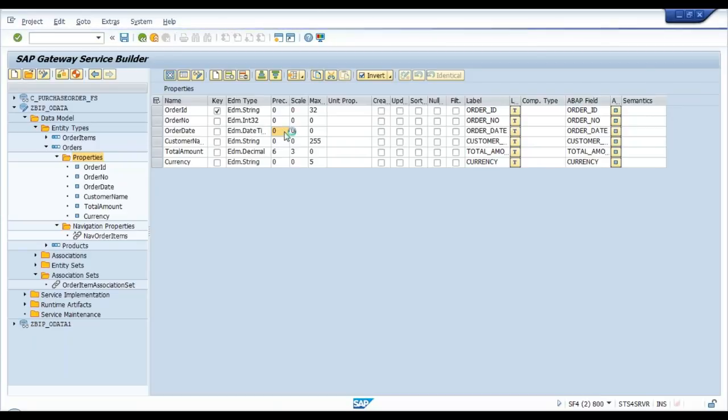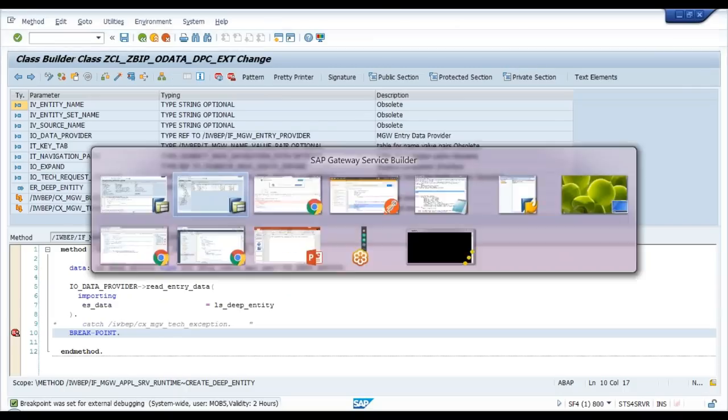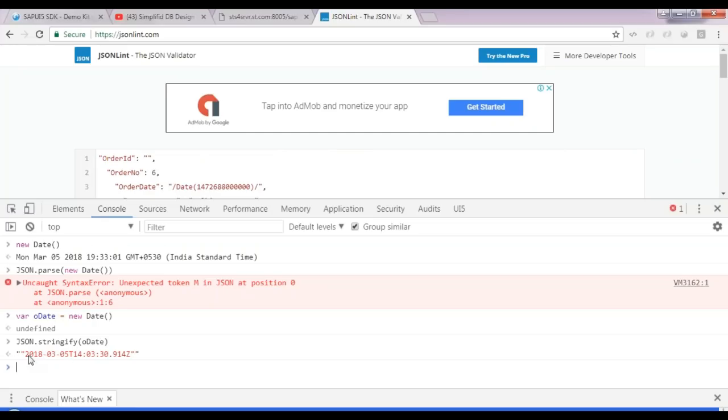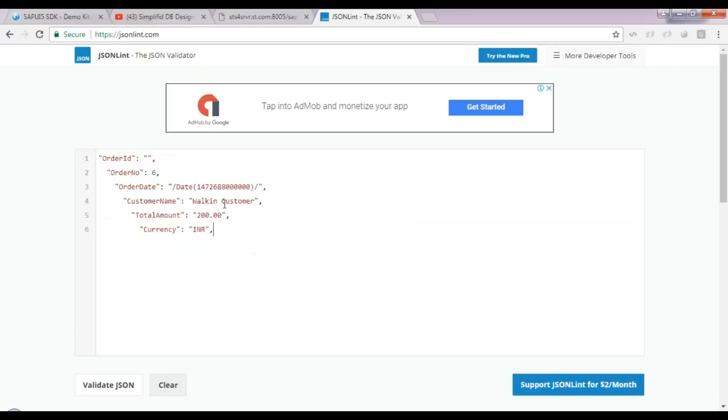So I have just removed the number of precision scales over here from the date and time field, and then I have reactivated or regenerated my runtime artifacts for the order entity. Okay, and then you can take this date, and this date can be supplied to the OData service. So what I'll do is I'll come back, and I just want to pass order date and time. So maybe till here I want to take it, and this is what I will pump into my date variable. Okay,